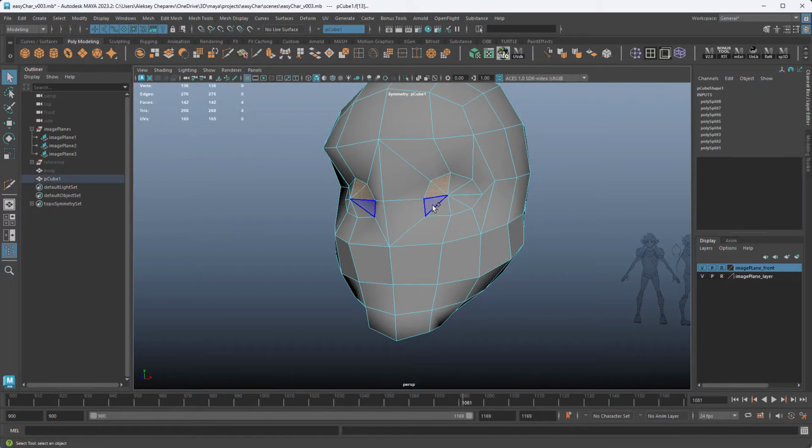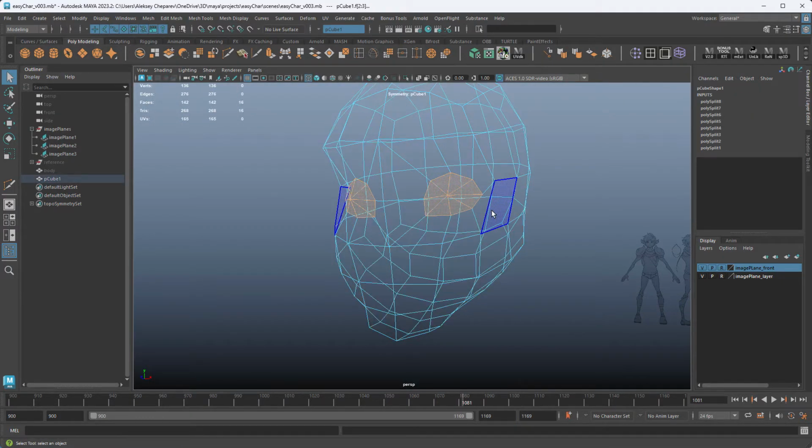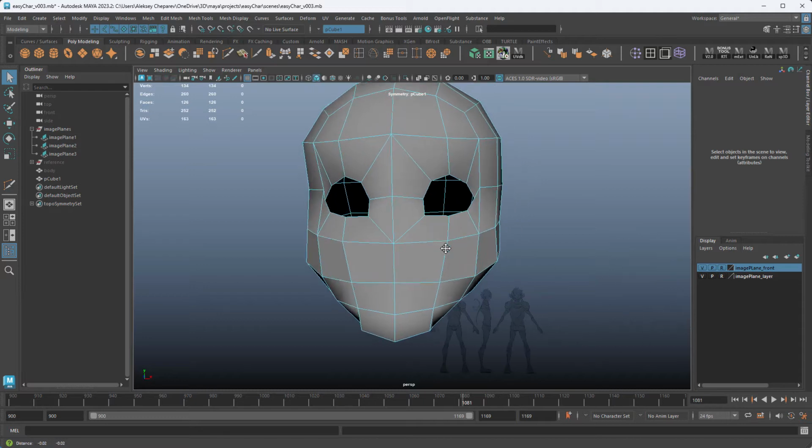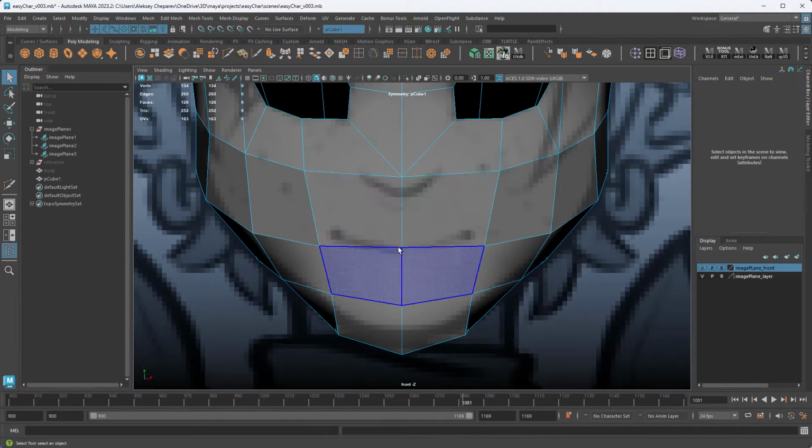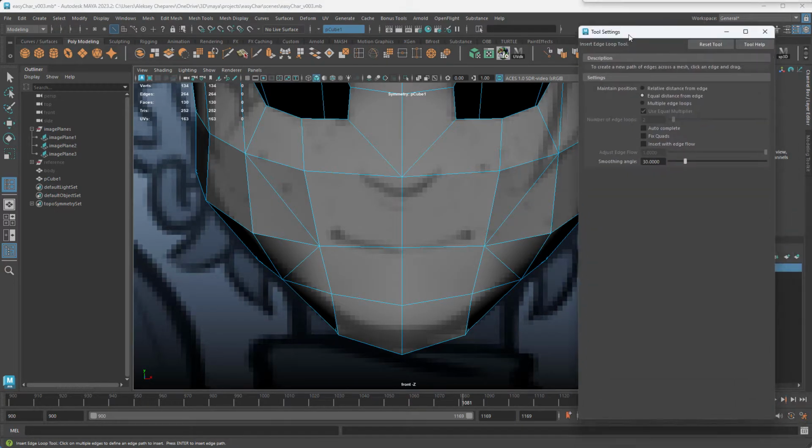So this geometry now we don't need. This was just temporary, so we can delete that. Now let's do the mouth. The mouth is very similar to the eyes, except instead of using the center point, we use the corners here. So I'll go this way, add my lines here. Now I can use Insert Edge Loop tool